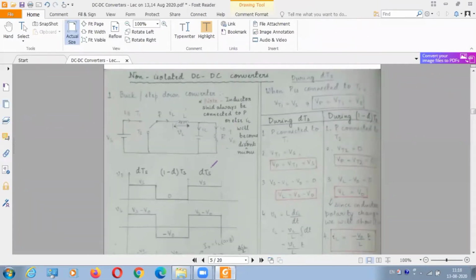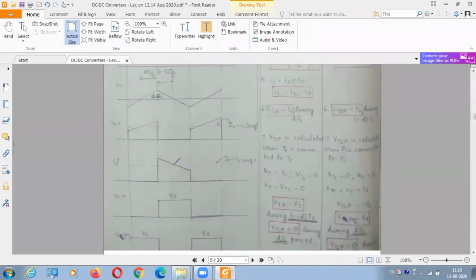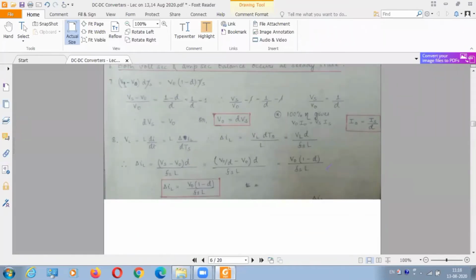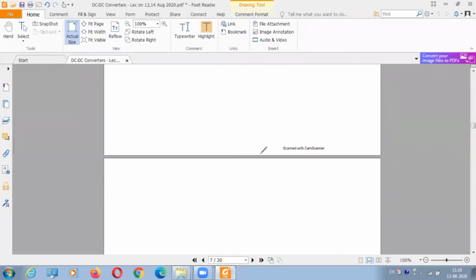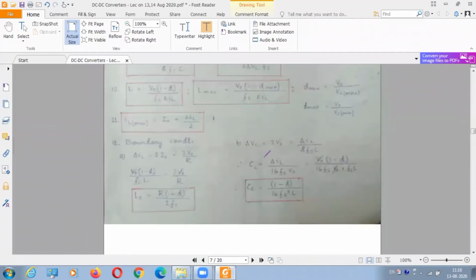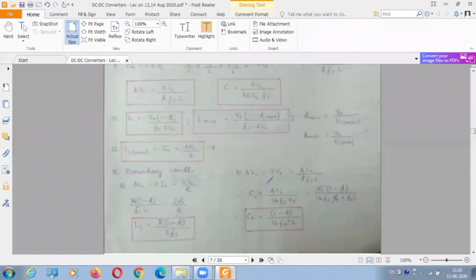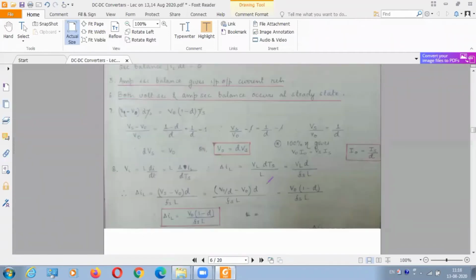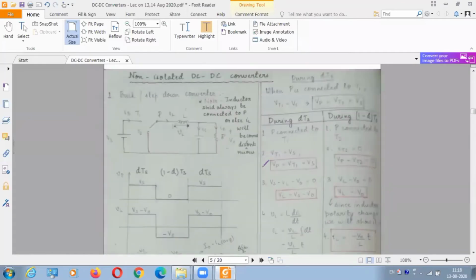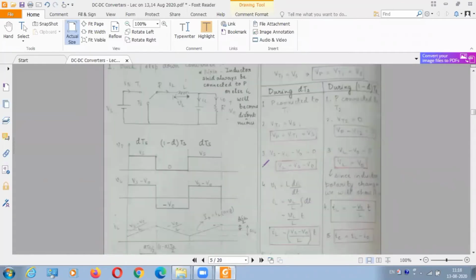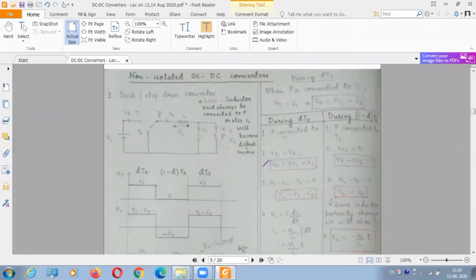Now what we have to do is analyze this circuit. You have to understand the circuit, analyze it, and understand these graphs and how they come. Later we have to derive many important formulas. All the formulas given in red boxes are very important while solving problems, as well as for your GATE or other competitive exams. All things are given in these pages only. You can directly make a note from here. Just understand how it is operating.